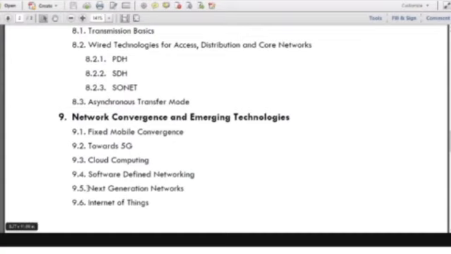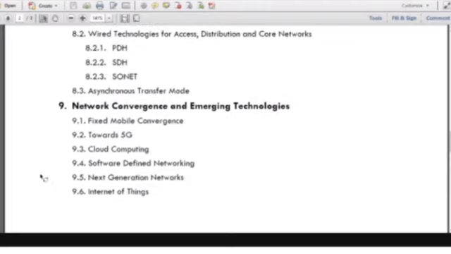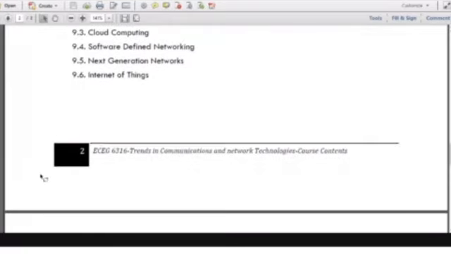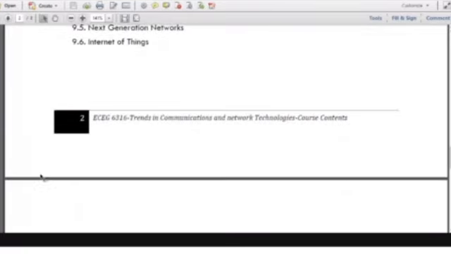Plus, there is a term known as next generation networks, which was started when 3G was about to start, but still that NGN term is usable because at any point in time, you will have a next generation network. Therefore, we will see why we use the term next generation network and how it is related to fixed mobile convergence that we are going to accomplish in the 9th lecture. Saying that, this will be the introduction of the course in general.